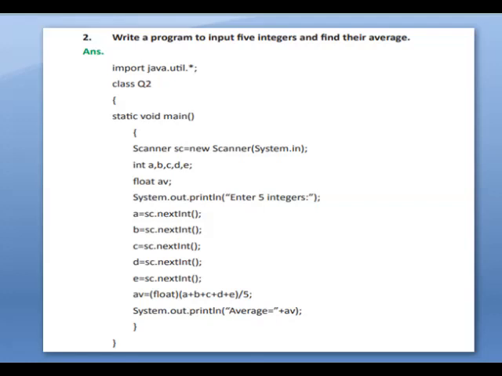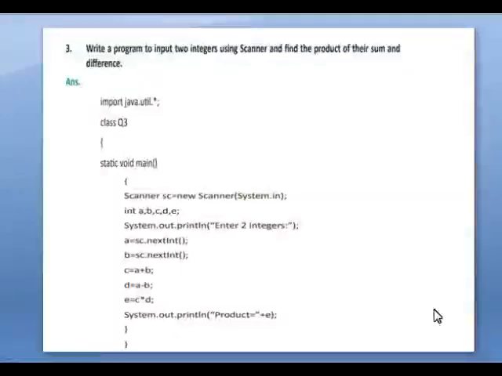Okay students, now here we are going to see the third program. Write a program to input 2 integers using Scanner and find the product of their sum and difference. So first to start the program, these are the common lines till here, and we are going to take 2 inputs a and b, and c, d and e are the variables to store the sum, difference and the product.